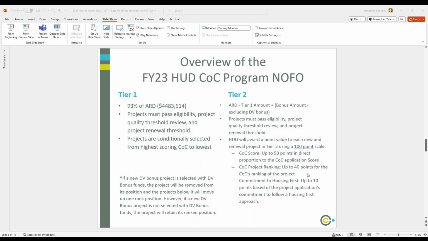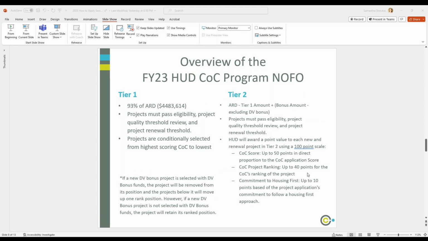All right, just a little bit about how the actual selection process works, and I will give the caveat now: it is complicated, and the math can be difficult, but I'm happy to answer any questions that I can through this process. HUD actually works in a tiered system for selection. CoCs will receive applications, score them, rank them, and then they fall into two tiers.